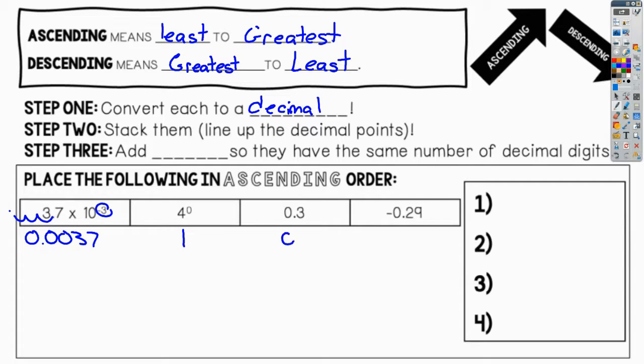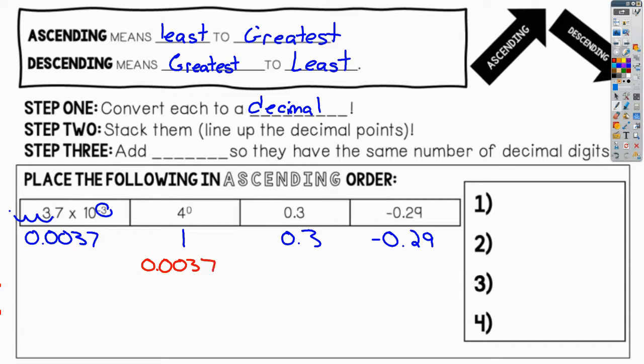0.3 is already a decimal, and -0.29 is already a decimal. Now that you have all the numbers and you've converted them to decimals, we're going to stack them up and line the decimals up. So first we had